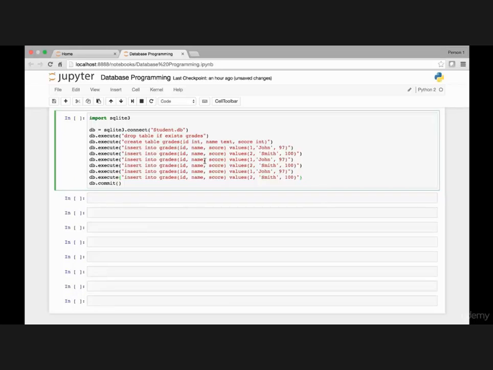Insert into grades ID, name, and score the following values. Let's say ID is 3, name is Jane, score let's say 98. Then for this person, ID 4, name let's say Doe,